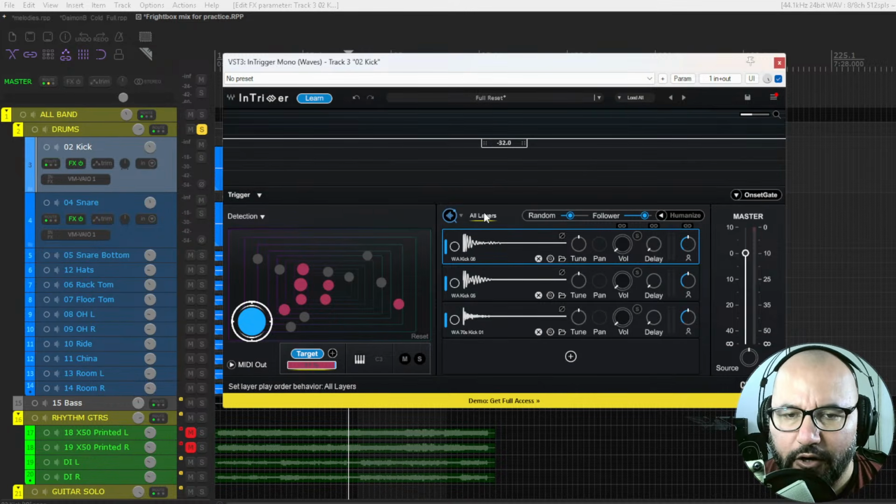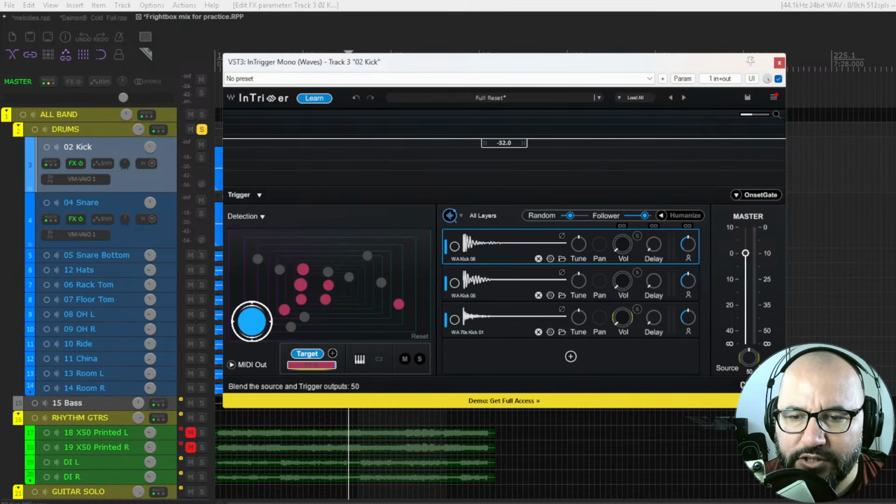I usually like all layers because I am auditioning and hearing all of the samples at once, right? Replacing the kick drum, and of course you select how much you want to replace of the main source here